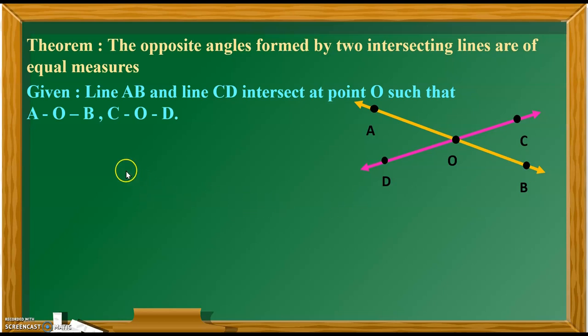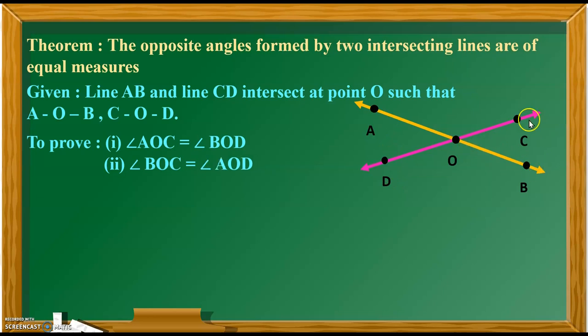So from here, after this, what do we have to prove? We have to prove that these angles are equal. That is, angle AOC is equal to angle BOD, this one, and angle BOC is equal to angle AOD. This is what you have to prove. Now students, after this step, we have to write the proof. Now in order to prove the first part, AOC and BOD, that is this angle and this angle, I will take, now which are the remaining two angles, that is angle AOD and angle BOC. I will be considering one of these two angles.